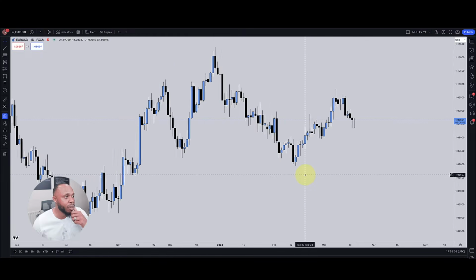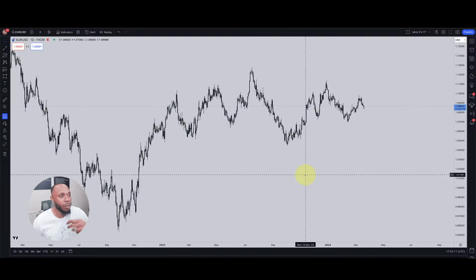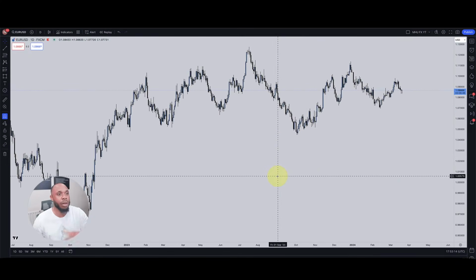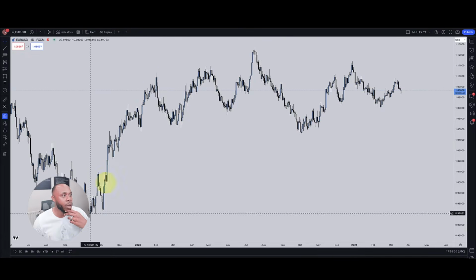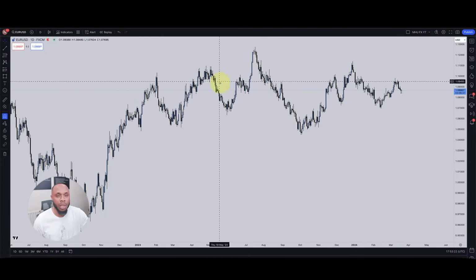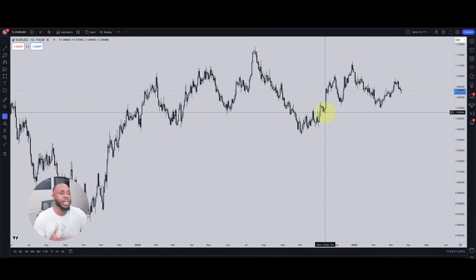You can see I'm on the daily time frame now for EURUSD. First off, we can zoom all the way out. I'm on a daily time frame and I'm trying to figure out what on earth is going on here. I understand that we have a large push higher, a retracement, a push higher, a retracement, and a push higher, but then this time we run through this low over here. And so for me, that means we are changing direction.